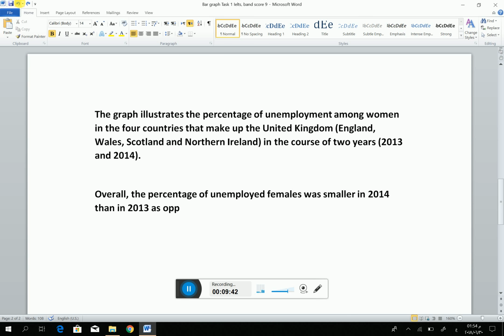Here you have a comparative. You have to use comparative and superlative to show your ideas and your statements in the bar graph. Here I used "was smaller" to show comparison. "As opposed to": you can use this expression to show contradiction. As opposed to Scotland, because Scotland was completely different from them, as opposed to Scotland that had